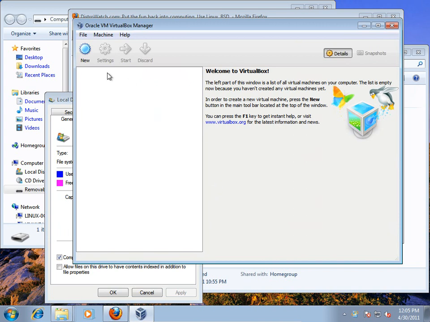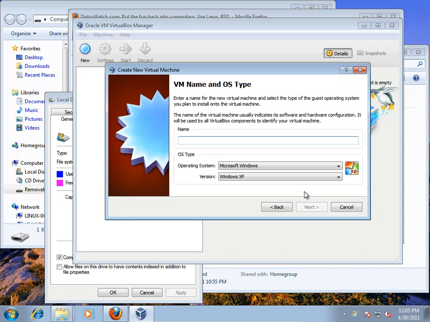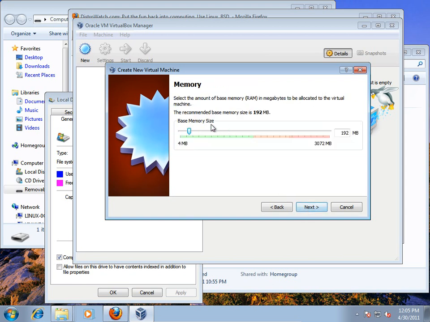And when you start VirtualBox, you'll click on New to start the new virtual machine wizard. You can read through the instructions there if you want. I'm going to start a new VirtualBox within Windows 7, and I'm going to have a Windows XP box within VirtualBox within Windows 7. You can do Linux, or you can do multiple operating systems as we've shown at first. So I'll just start with XP,